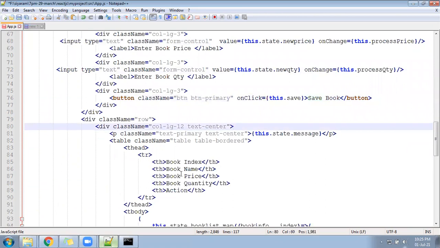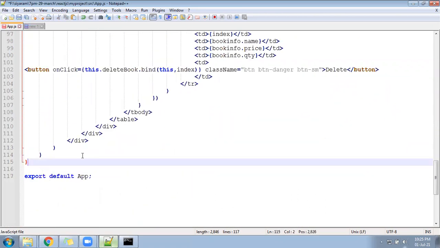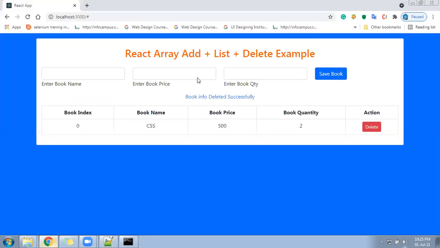Again, I'll give the tips on how to watch the video and how to utilize it. As I told you, suppose this functionality I have implemented has taken some certain minutes. So what you should do, you should play the video, watch for 10 minutes. And what I have done in 10 minutes, you implement it. Pause the video, implement it. Again, play the video for the next 10 minutes. And again, go to your laptop, implement it. Again, come back to the video, play for 10 minutes, and go back to your system, implement it. That is the way to learn anything from a video. Only if you play for 1 hour and then start doing, you will get confused.